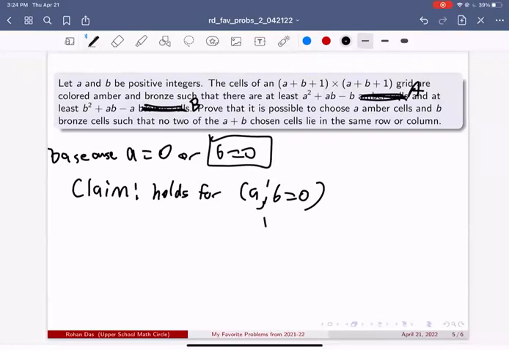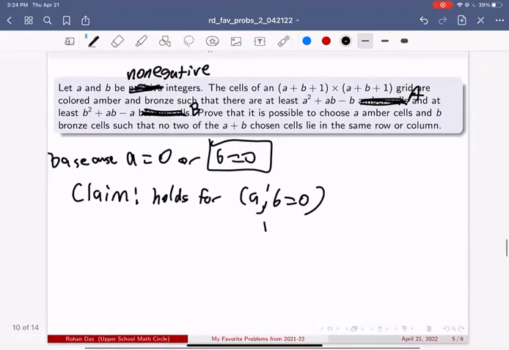Also, the problem said A and B are positive integers. We're going to prove this for non-negative integers, because if we can show it for non-negative integers, then we've also shown it for positive integers. And I found that proving the base case for induction for B equals 0 was already non-trivial, and I didn't want to make it even more complicated by doing it for 1. So for B equals 0,